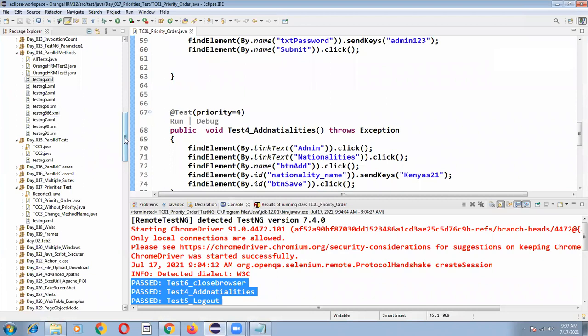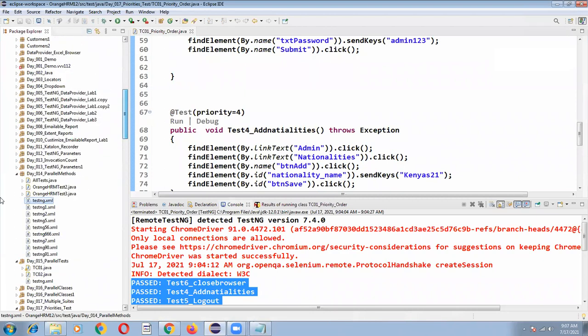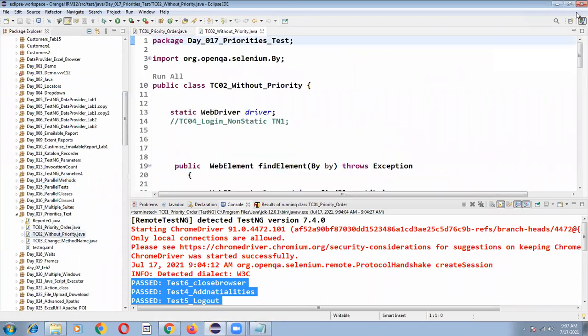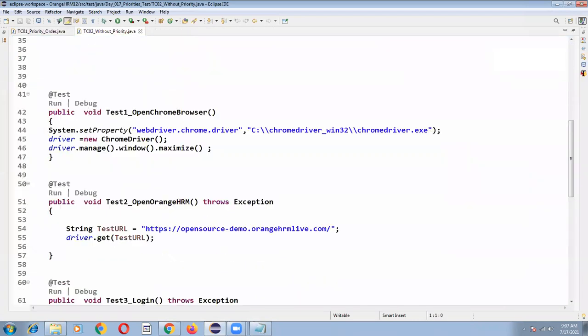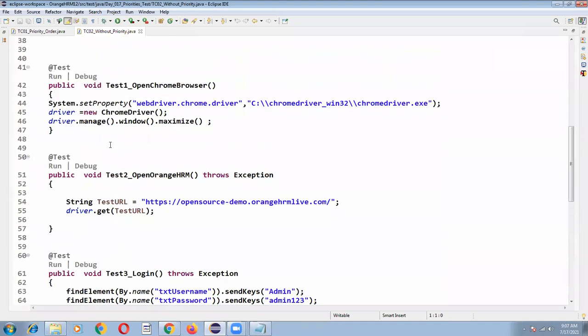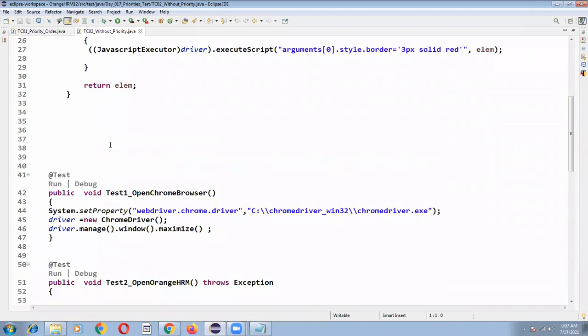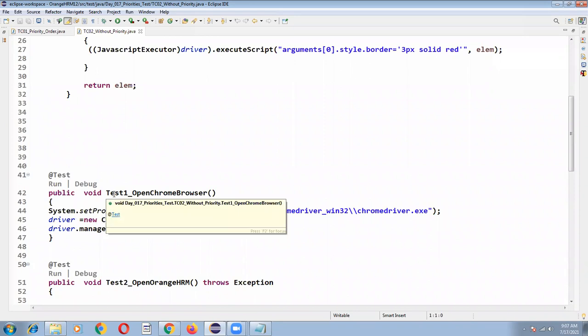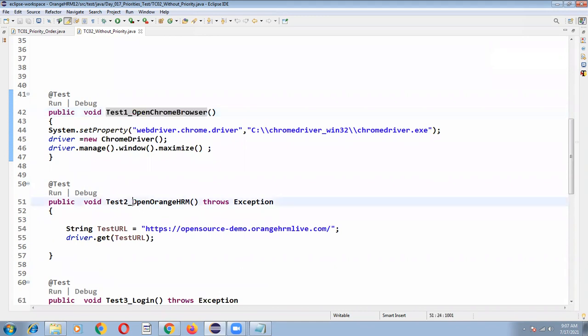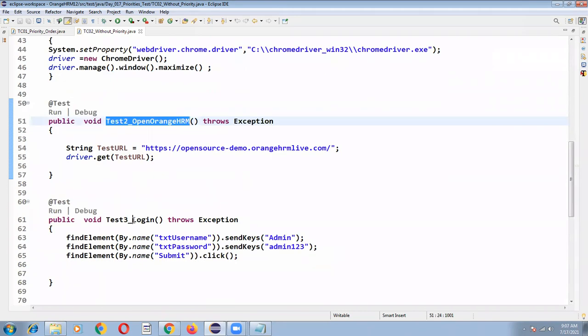Now let's go to the second program. If I don't give priority equal to 1, 2, 3, and have not mentioned my priority order, what sequence will it follow? It will follow the method name alphabetical order. Here test1 underscore open orange, test2 underscore, test3 underscore.